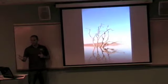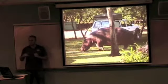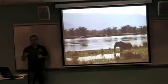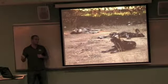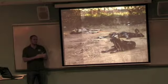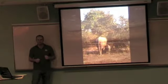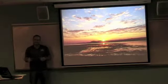We went to Lake Kariba, which is a big tourist place to go fishing. We stayed at the chalet of friends of ours, and they had a friendly hippo come out in the evening. Hippos actually kill about 10 times more people than crocodiles in Africa every year. It's a lot more dangerous. They're very territorial, so if you're ever canoeing down a river in Africa and you see hippos there, stay well